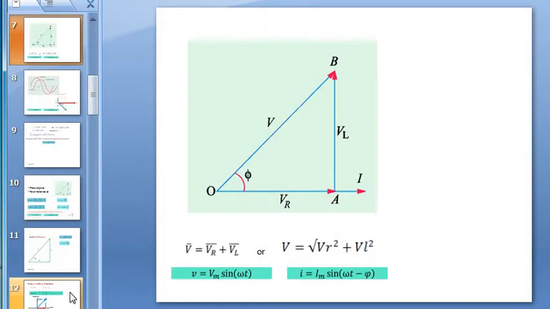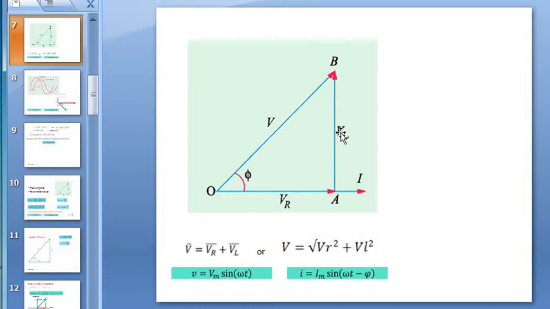How to plot the phasor diagram? In this case, both the parameters are connected in series, and we know that in series current remains the same. Therefore, we have taken the current phasor as a reference phasor. This is the current phasor which we have taken as a reference phasor. The voltage VR is in phase with I. For pure resistance, voltage and current both are in phase.